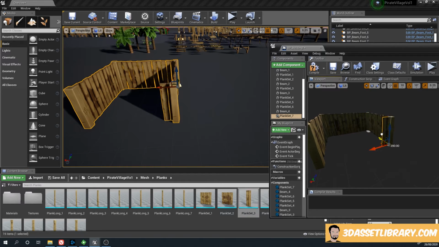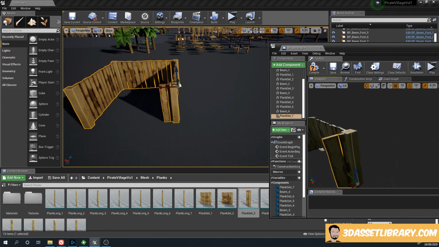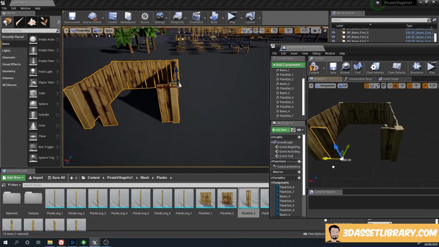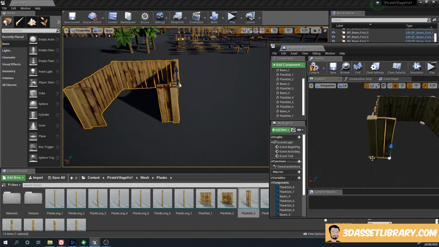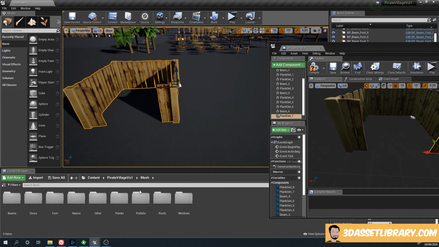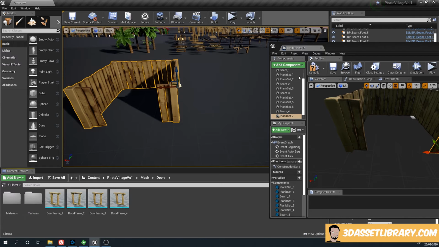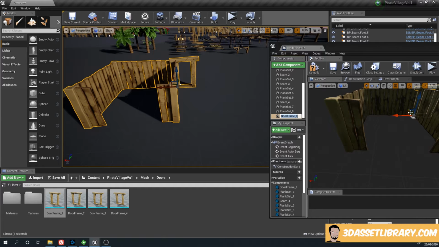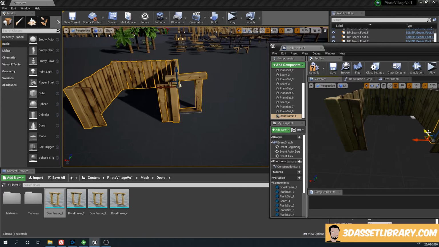When creating stuff, there is no right or wrong way of doing it. It's really down to what you like, and especially with stylized stuff, you don't have to think so much, like, oh, that doesn't look right, that window doesn't do this, that doesn't do that. Obviously you've got to have a sort of element of reality